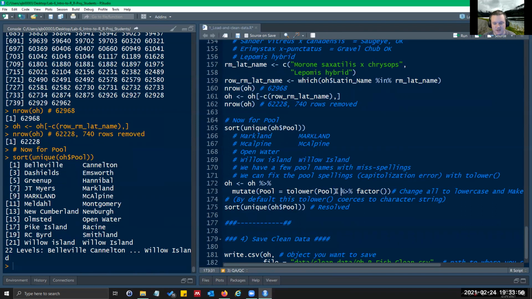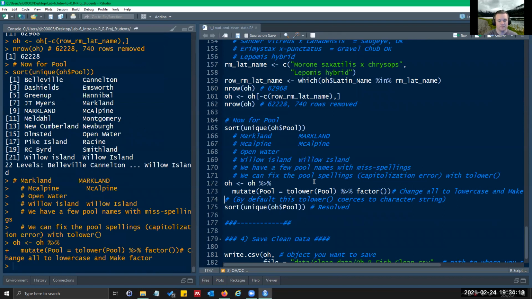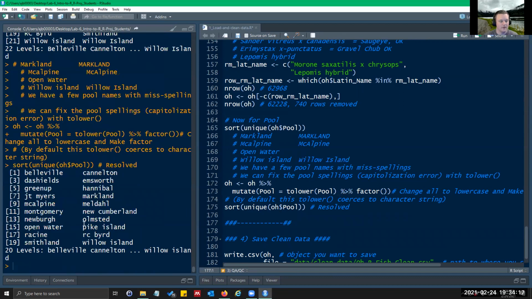So I'm going to nest another piping command within that and add factor afterwards. And because I'm piping, it'll just pass it through and I can just leave these blank. So if I run that and then look again, I'll rerun sort unique pool. You can see they're all lowercase and there's only 20 levels now. So I resolved that issue.